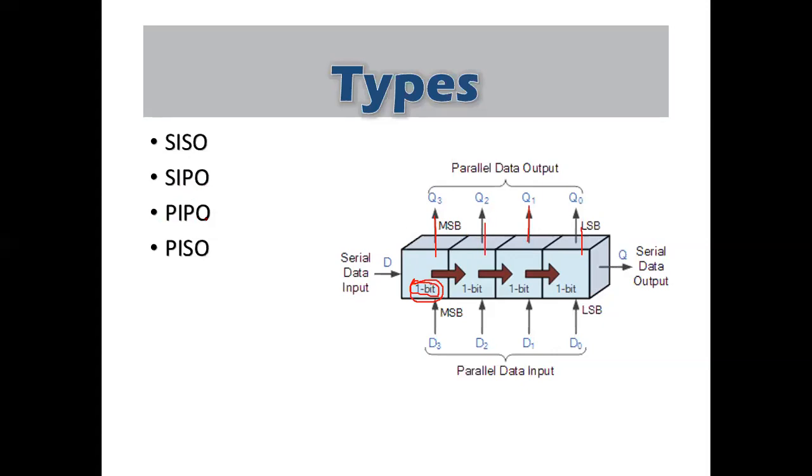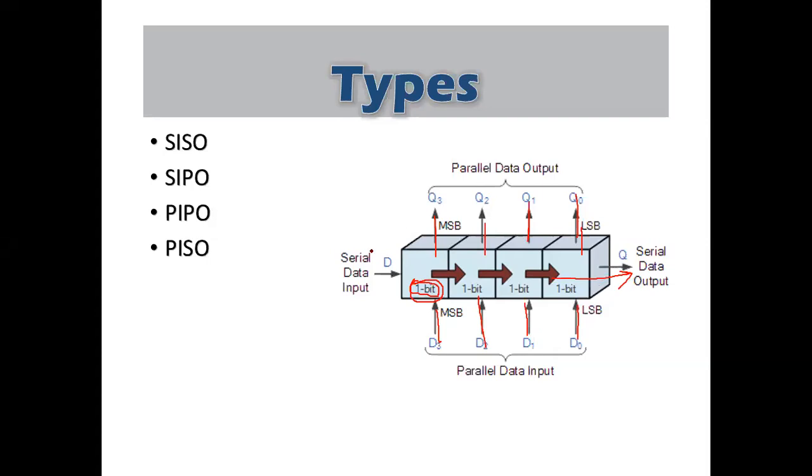Parallel input, parallel output. For example, at a railway station I have 4 different counters available. So people are standing at the 4 different counters. In parallel they can go and in parallel they can come out. At the same time all 4 can go, and at the same time all 4 can come back. So that is parallel input and parallel output. The last one is parallel input, serial output. All 4 can go at the same time, but one by one they have to come out.